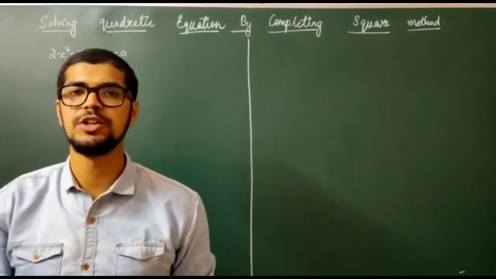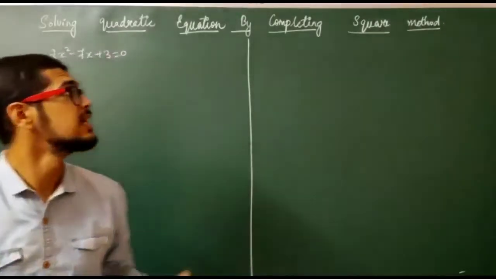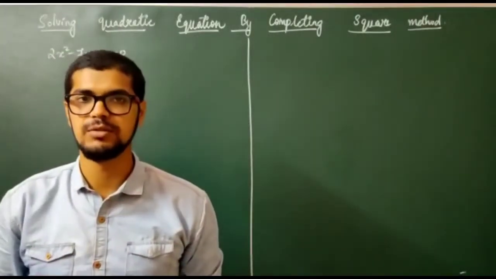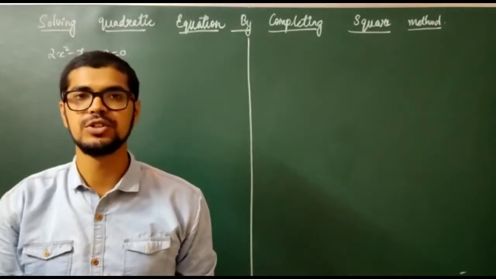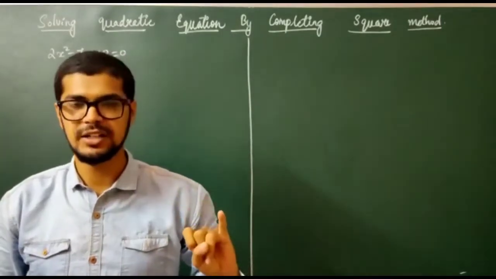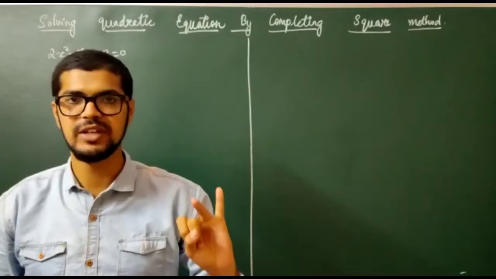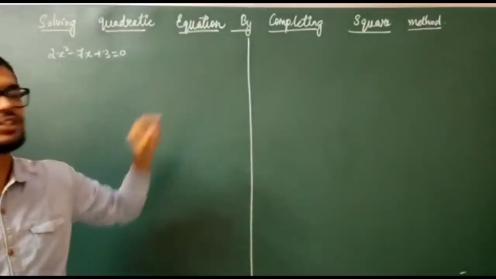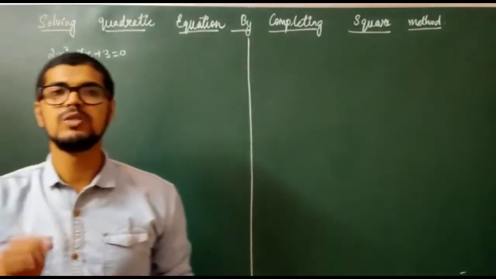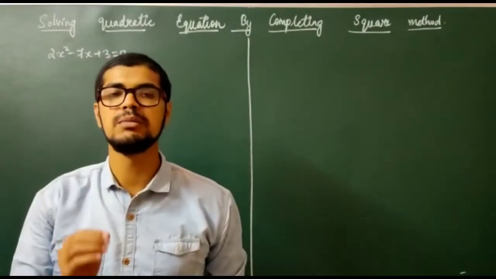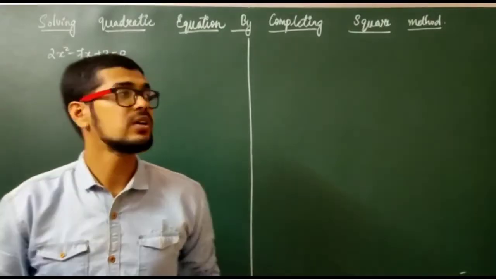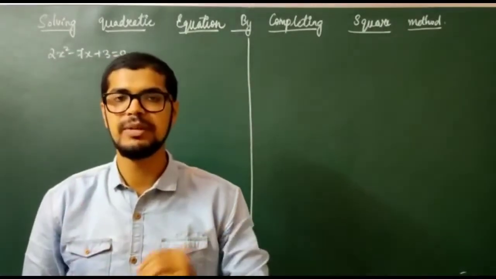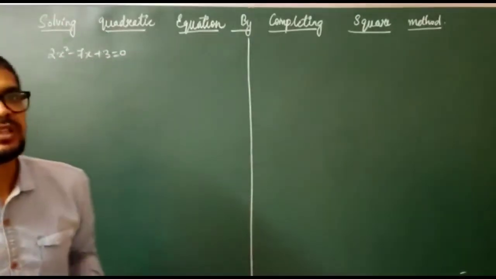Today I am going to explain a very new concept called solving the quadratic equation by the completing the square method. In my previous videos we studied what a quadratic equation is, and solving a quadratic equation by factorization. In this video we are going to learn solving a quadratic equation by completing the square method. In order to learn this method there are a total of 6 steps. So let me explain the steps one by one.